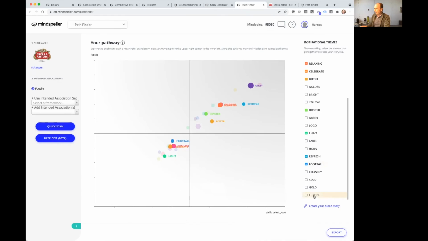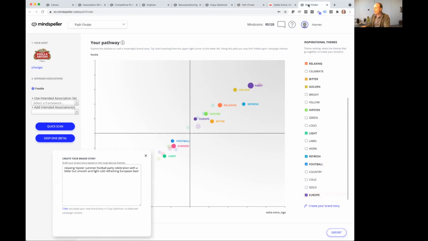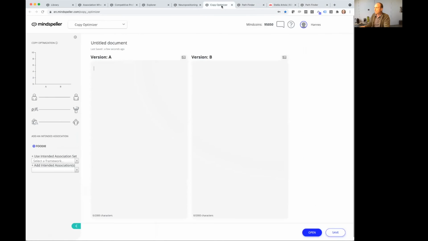Now, just by connecting these dots, and I've prepared this here in another window, if you sequence them in the right way, you immediately come to a baseline narrative for a brand story, like a relaxing hipster summer football party celebration with a bitter but smooth and light, cold, refreshing European beer. Obviously it needs a lot of refinement, but this is a baseline text that we can now copy